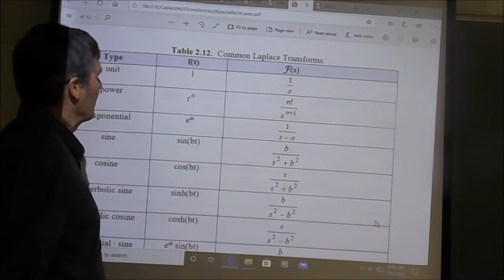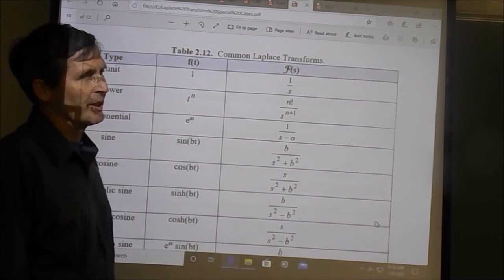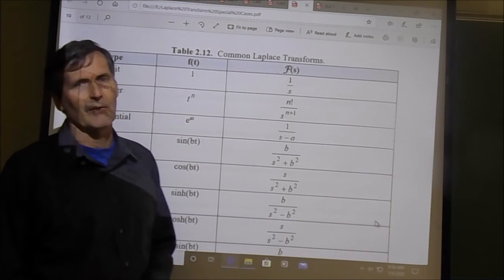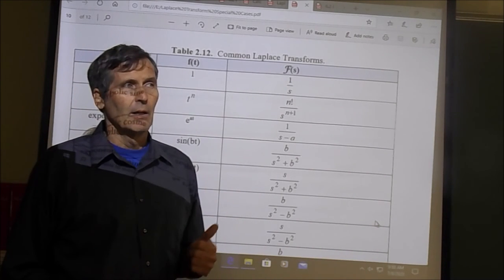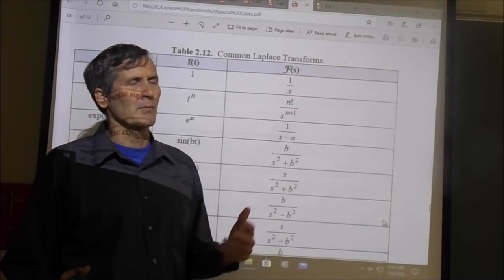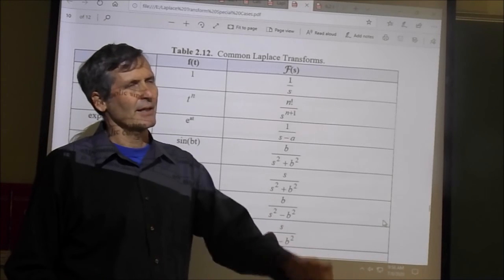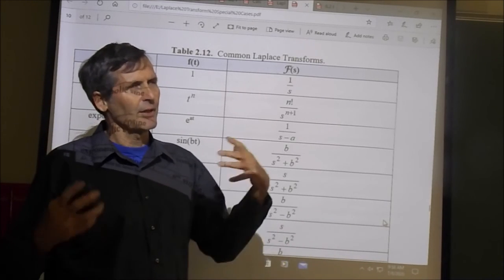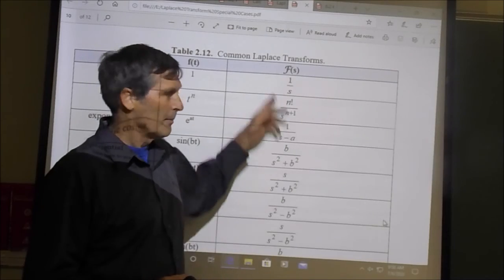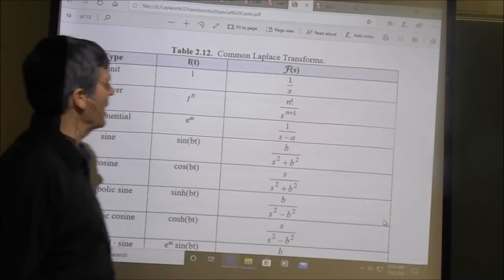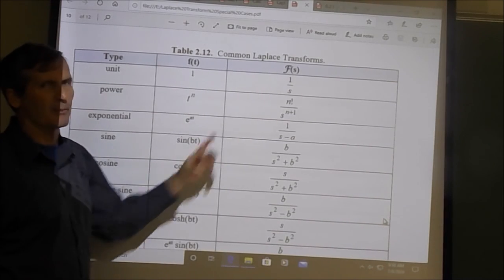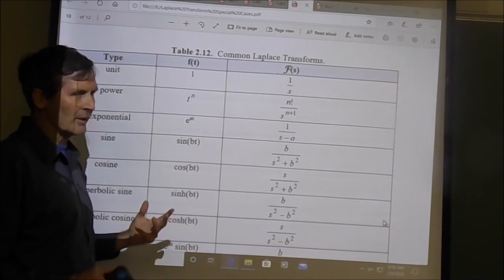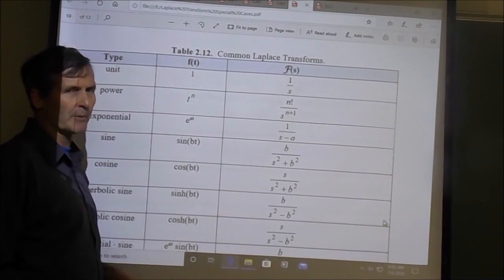Well, one last comment. We've got a lot of transforms and a lot of theorems. Who can keep track of all that stuff? What did you do when you had integrals? This is an integral, right? You made a big table of them so you can remember. In this case, I use this. In that case, I use that. Kind of have it together in your mind which way to go. People build big tables full of Laplace transforms too, right? The transform of 1 is 1 over s. We did a little short table. Those are the ones you should memorize. That'll help you in the long run if you're one of those people in some science